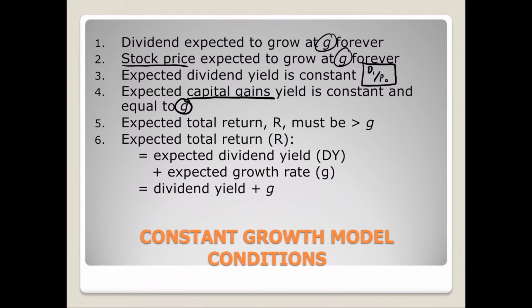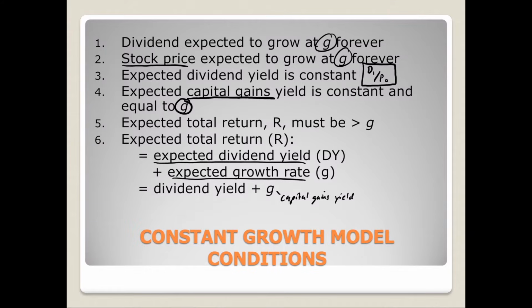And then what we can do, and we'll talk about this more on future slides when we solve for R, is that your R can be broken down into two different yields: your expected dividend yield and your expected growth rate, which is your capital gains yield. So your expected total return is broken down into your dividend yield and your capital gains yield. As I mentioned, we will do some more examples later on in today's discussion, solving for the required return,